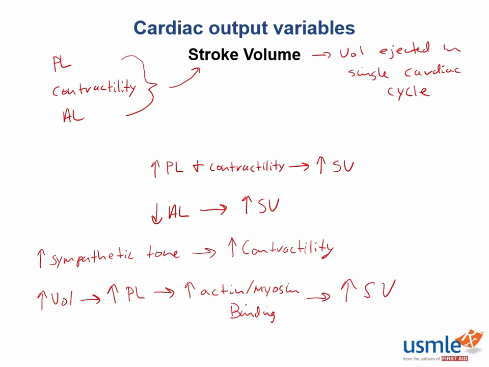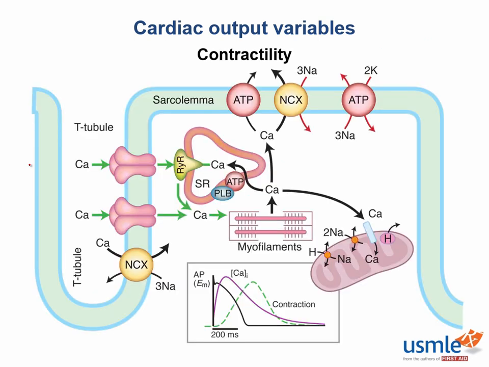Now, you're probably going to be asked a lot about contractility because it has both physiology as well as pharmacology tie-ins. So let's go a little bit deeper into that. Now, to understand the factors that determine contractility, we need to understand how the myocyte works on a cellular level. Let's use this image to help us understand myocyte physiology, and we can talk about how catecholamines and calcium change